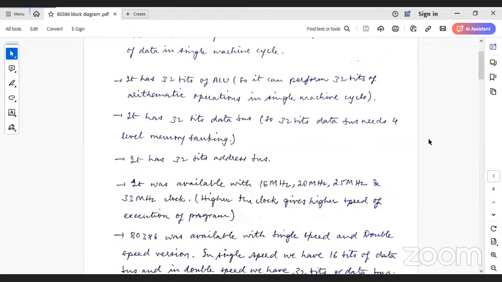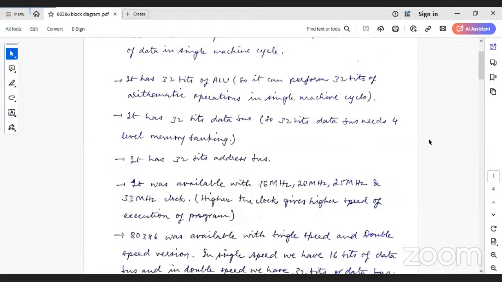So earlier we have seen the clock frequency was about 8 megahertz. See how much it has increased in this case. Higher the clock speed, the higher the speed of execution of the program. So the data bus as well as the clock, both of them have increased. So naturally it is an advanced processor. Both the criteria by which the speed of execution of the program increases are met in the case